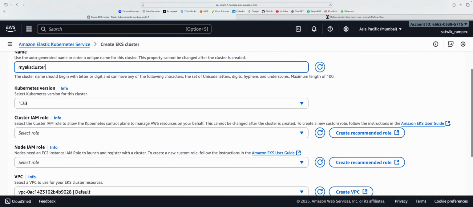And the version, note down the version, it is 1.33, because the required packages, dependencies and all, we have to be using 1.33 version itself. The next,